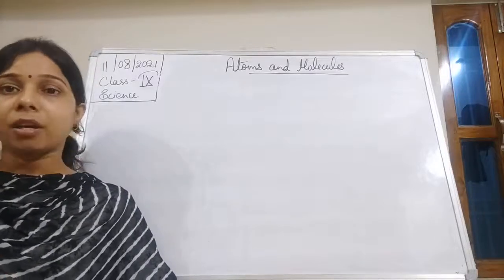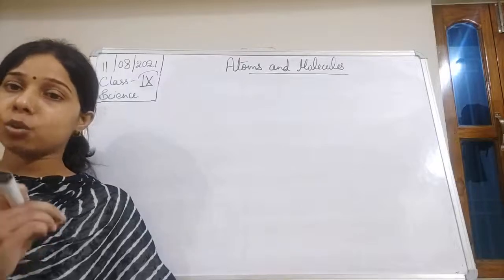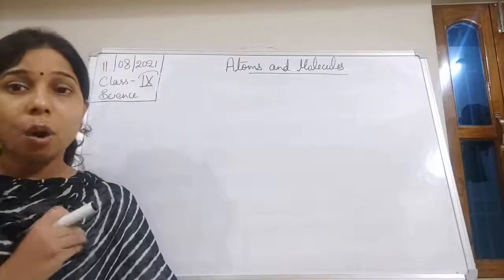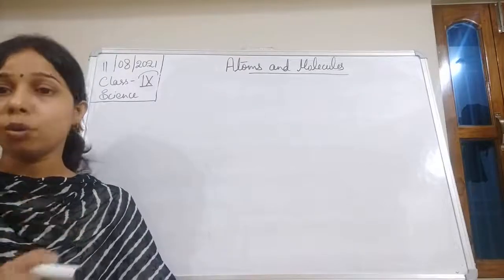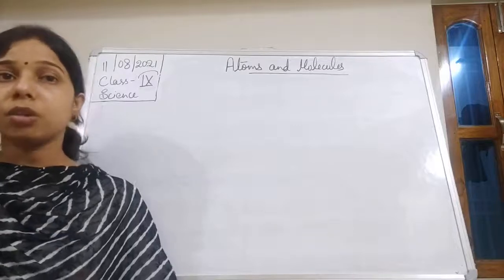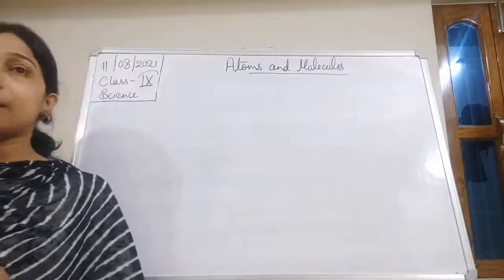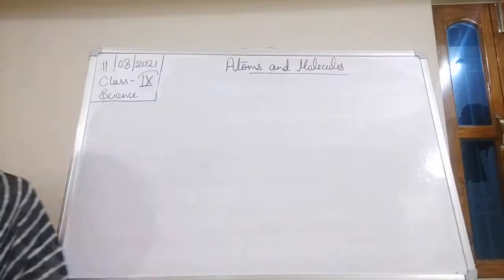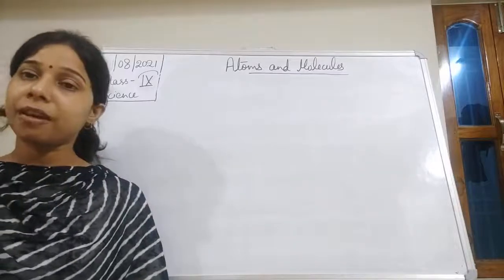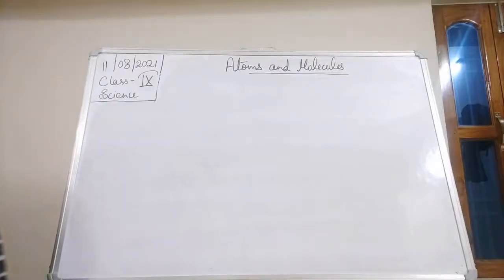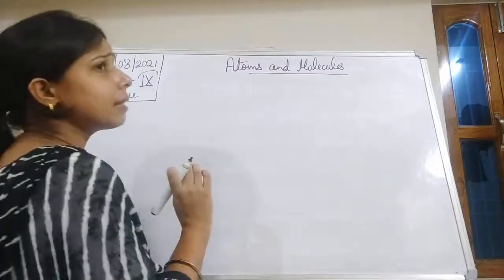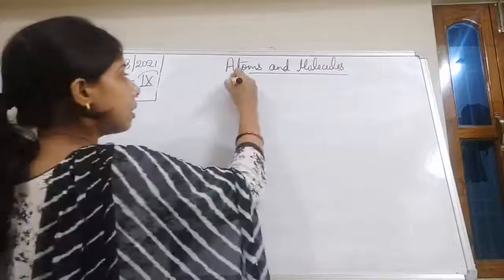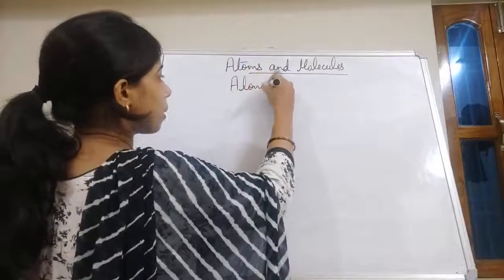Fe is used for iron. Iron is ferrum, so here we have taken the two letters F and E to represent iron. Same with aurum: we have used A and U to represent gold. So this is how we can write the symbol of an element. We have also seen the Latin names of different elements. Now moving on, we will try to understand what molecules are. But before we go further, we must know about atomic mass.